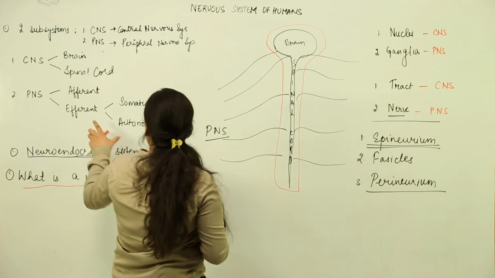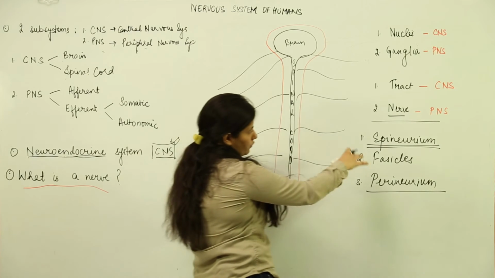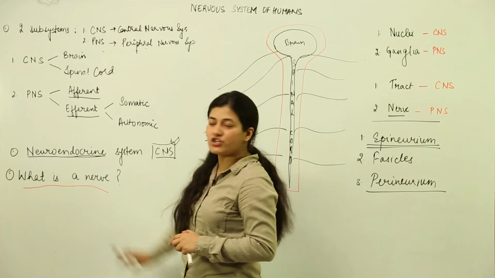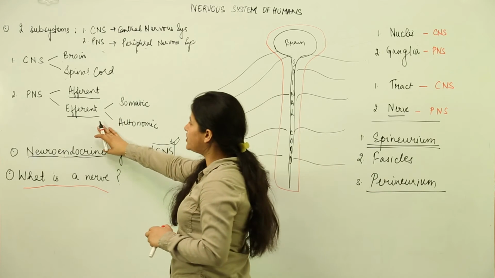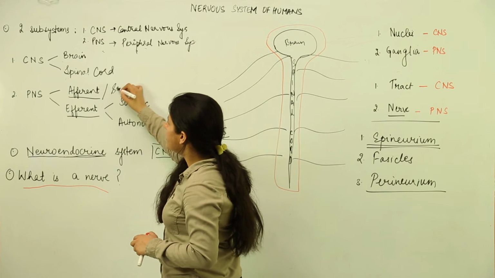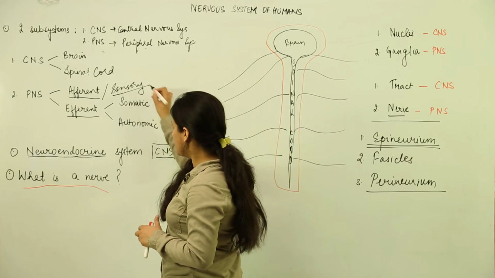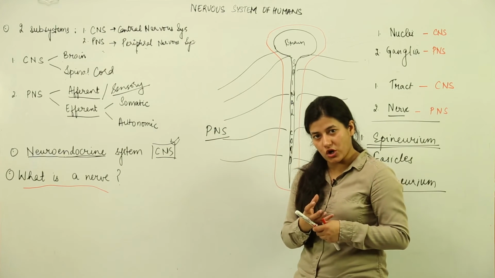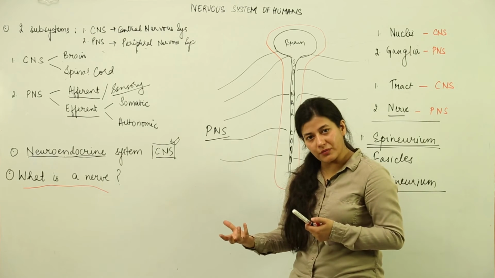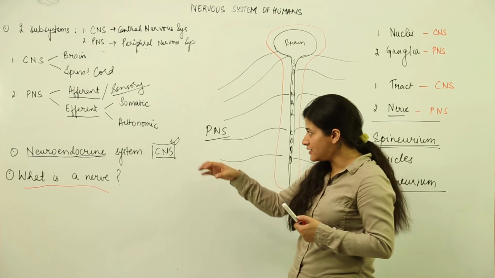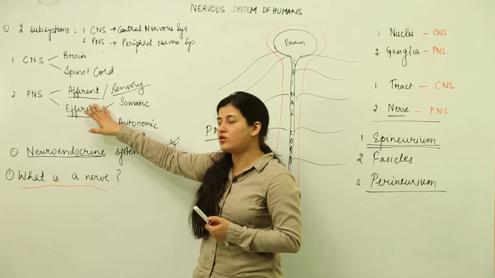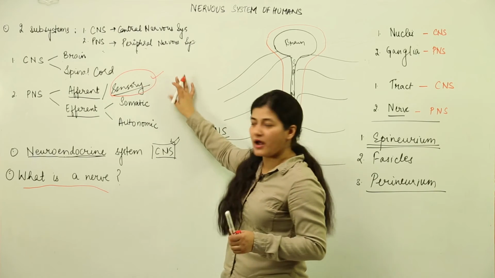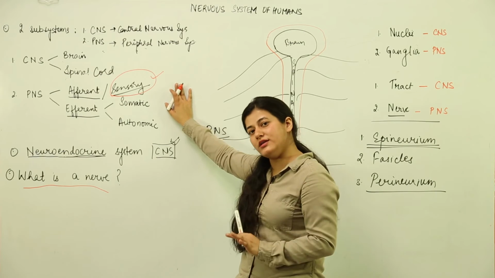Now talking about the PNS, apart from understanding what a nerve is, we have afferent nerves and efferent nerves which are present in the PNS. As the name suggests, afferent nerves stand for the sensory nerves. We know the basic terminology that afferent is something which brings the information to the central organ, and efferent is something which takes away the information from the central organ to the desired places. So the afferent neurons would be the sensory ones, that bring the stimulus towards the main part of the central nervous system, that could be the brain or the spinal cord.